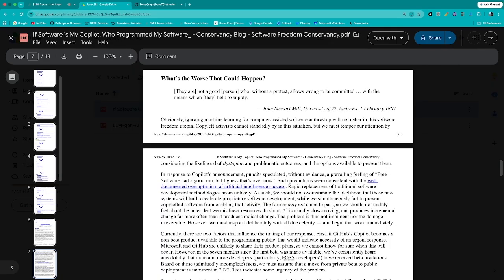So basically, this is an interesting part here. We should not overestimate the likelihood that these new systems will both accelerate proprietary software development while simultaneously failing to prevent copylefted software from enabling that activity. So that's a little confusing to me. It's basically the idea that proprietary software development will come at the expense of open source development, for reasons involving the proprietary nature of very large language models.